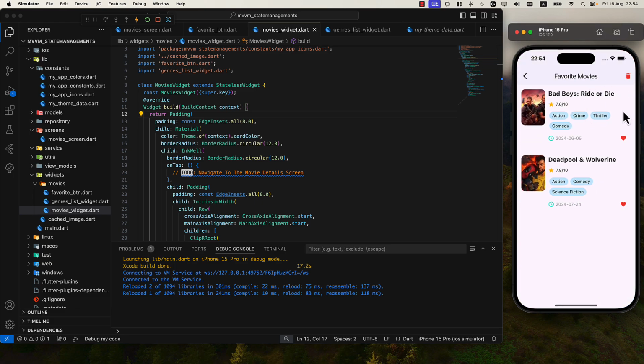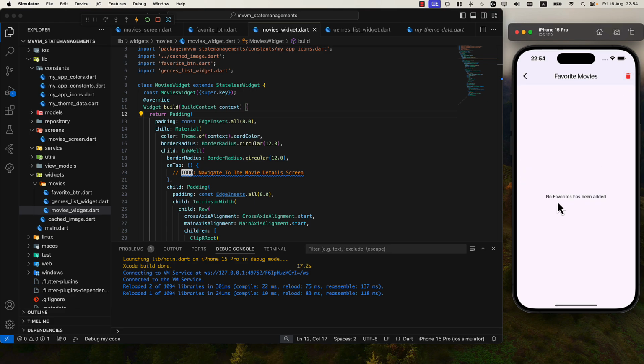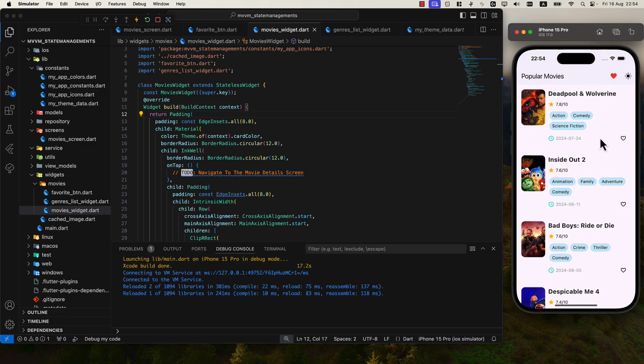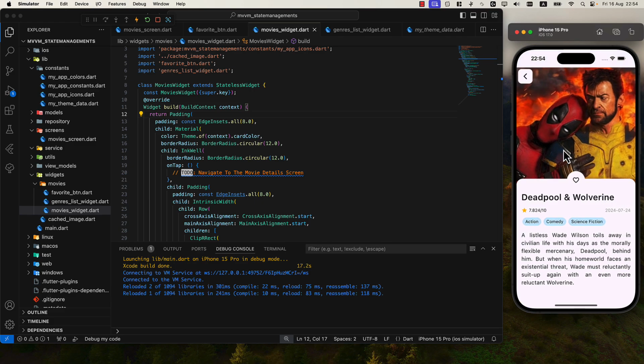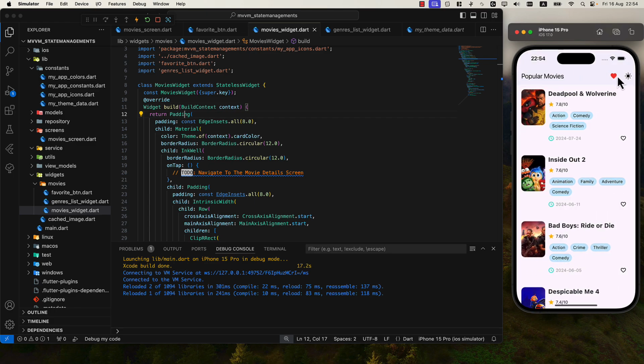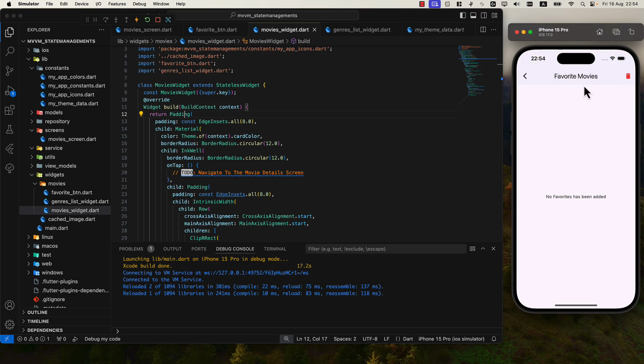So here we have the favorite page, and if I delete all of them, here we display something, for example, no favorites has been added. Then in the next tutorial, we implement this page here. Okay. Now to implement this page,